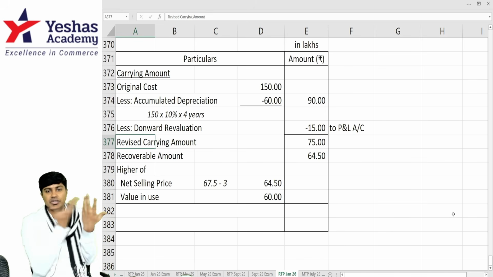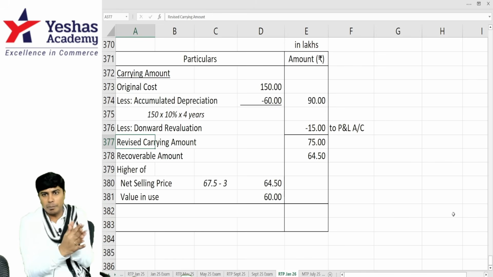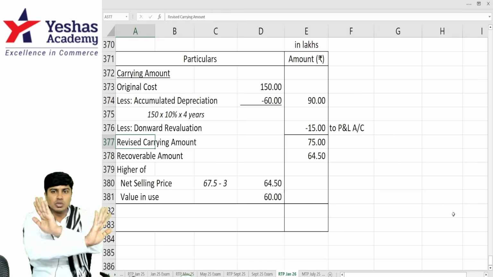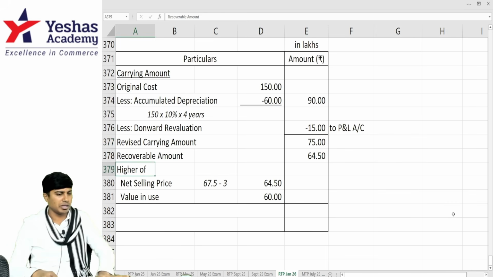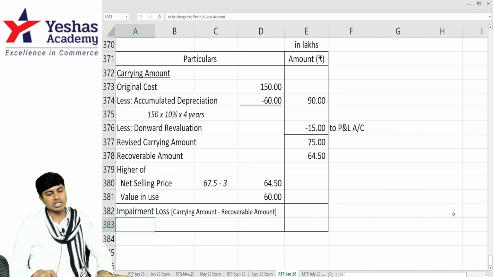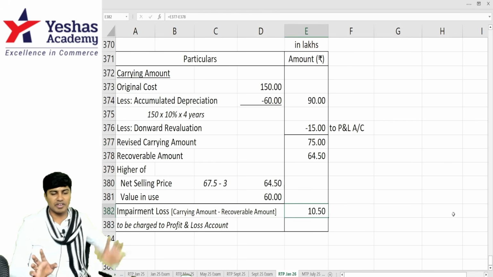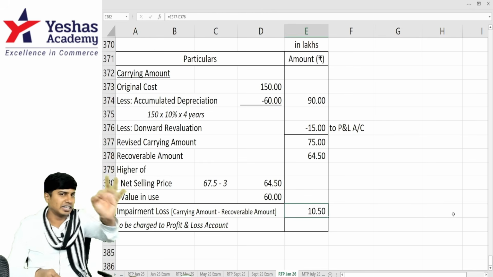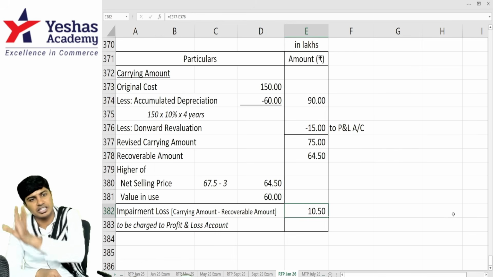We are assuming that they have an indicator to check for impairment. That's the reason we're doing it. If there is no indicator, we would not have checked for any impairment. Now tell me how much is impairment loss. 75 minus 64.5, 10.5 will be deducted from the cost of the asset, and it will also be charged to